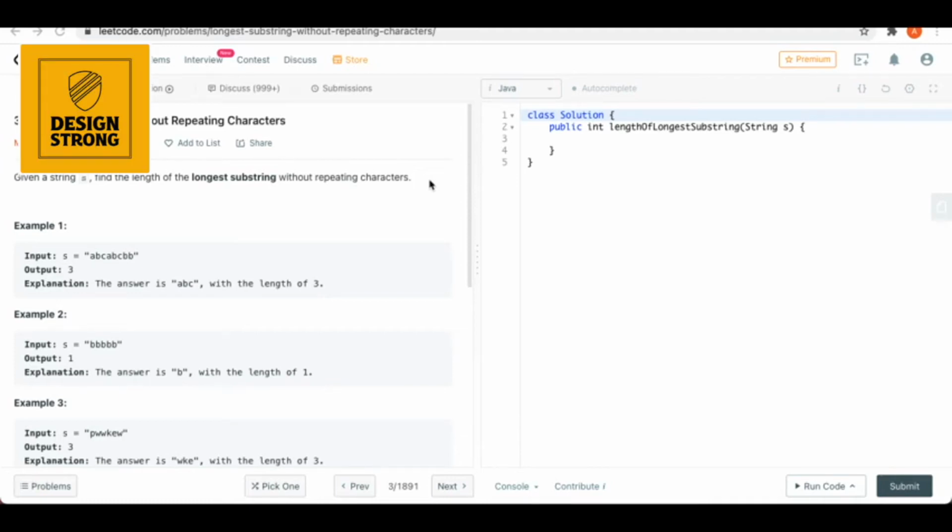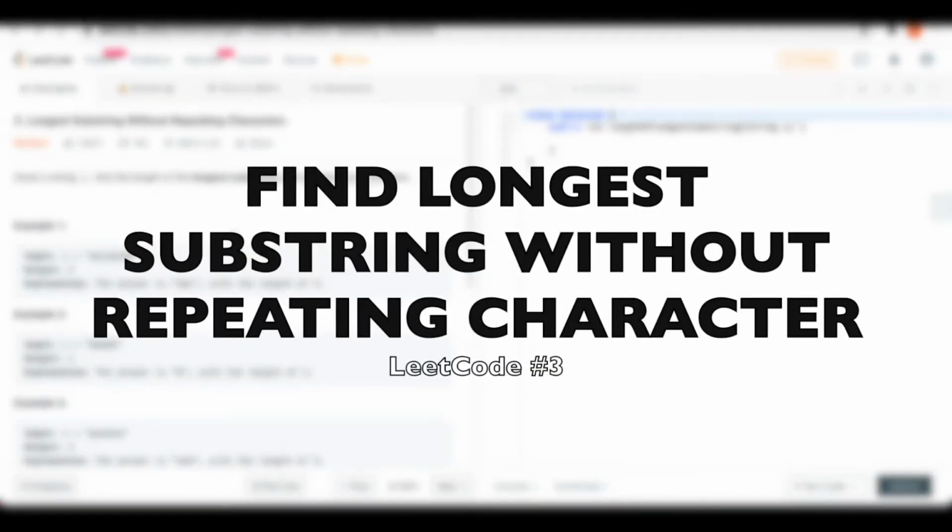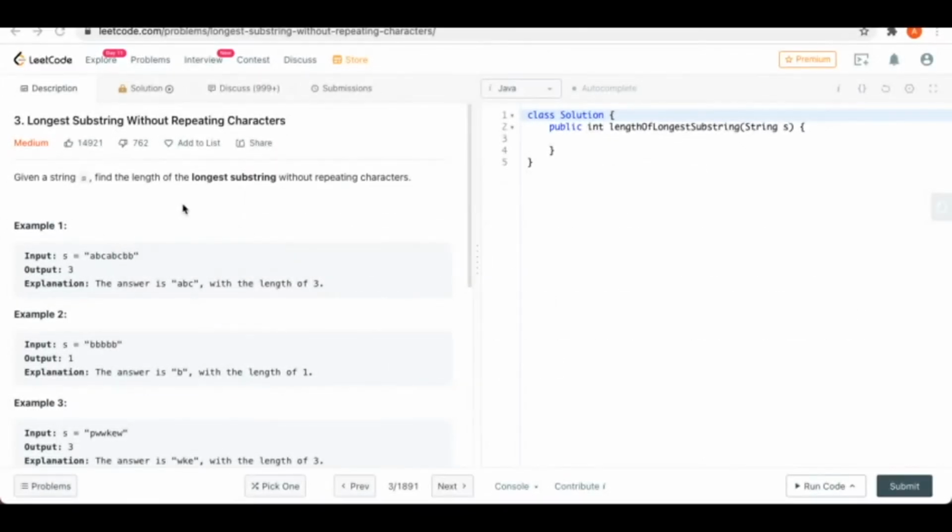We'll continue with our LeetCode solution series, and today we are solving LeetCode problem number 3, which is longest substring without repeating characters. The problem states that given a string s, find the length of the longest substring without repeating characters. So from this string we need to find just the length of the longest substring which does not have a